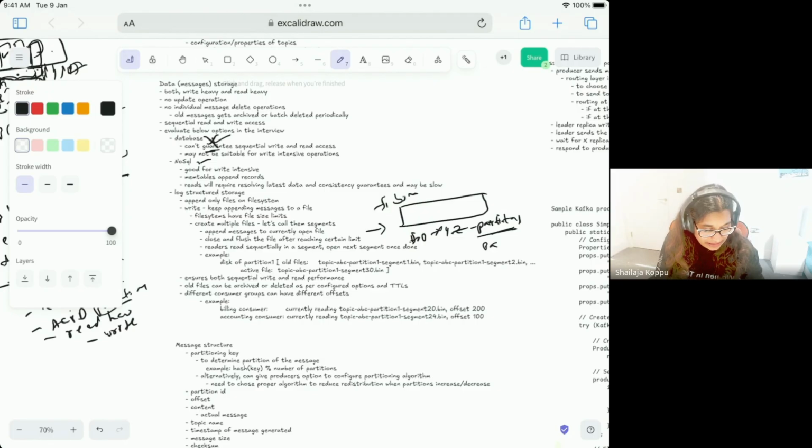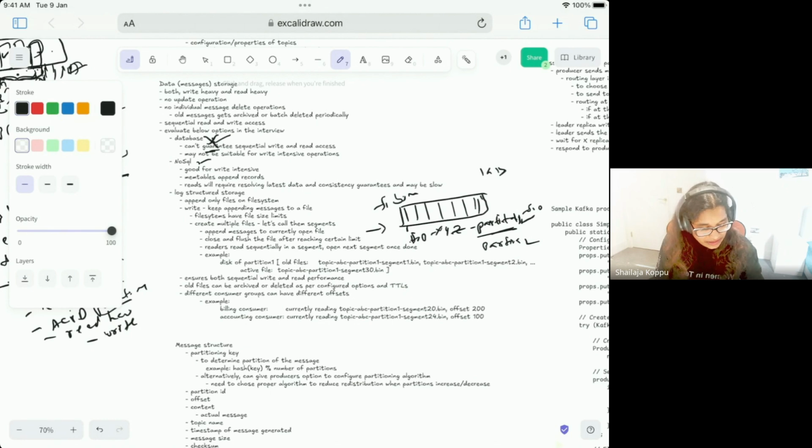That is one reason. The other reason is any file system does have a limit on the maximum size of the file. So for example, I'm not sure what is the maximum size in the ext3 file system, but let's assume 1 GB. So after 1 GB of size, the file system doesn't allow you to write more data to the same file. So that's another reason you need to have segment files. Even for the same partition, you need to have segment files, because one partition can be growing quite into the terabytes as well. So you can say partition 1, segment 0 or segment 1, and you write to this one sequentially.